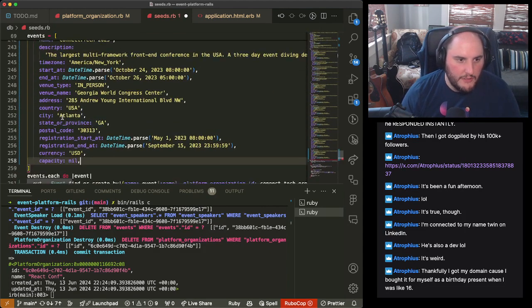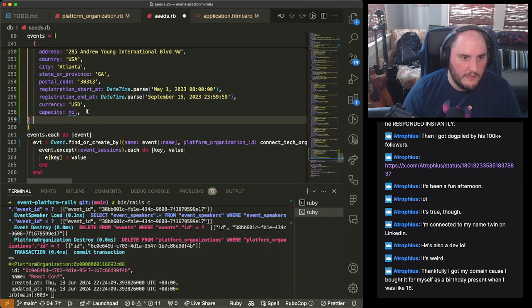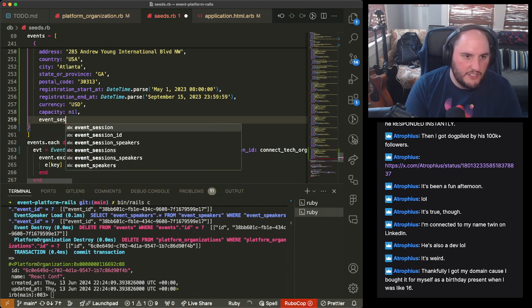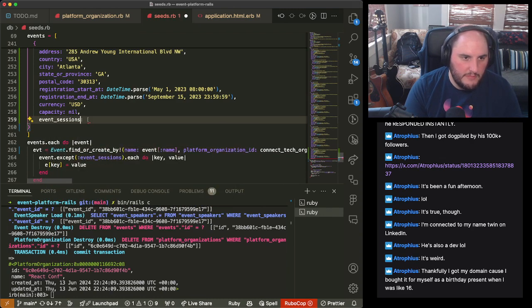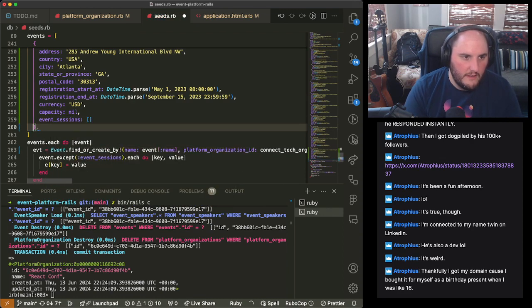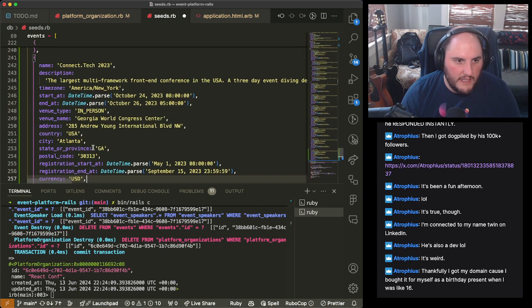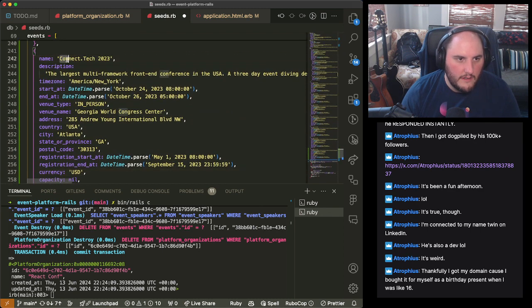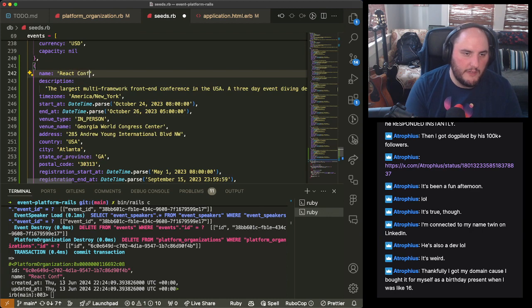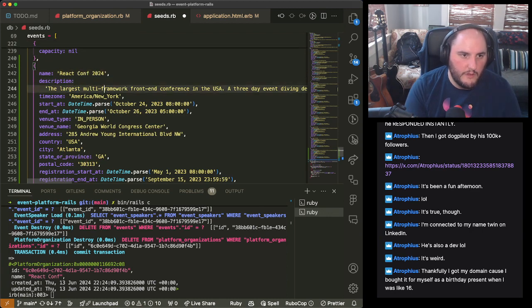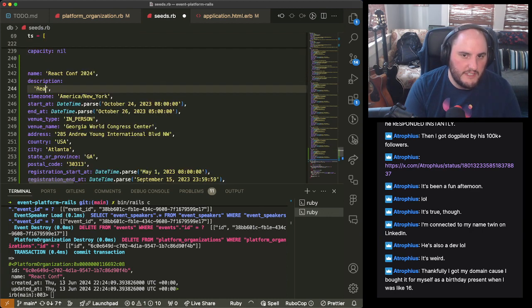So now we can do all of these. Event sessions is just an empty array. And now we said this would be React Conf 2024. We'll just say React rules.